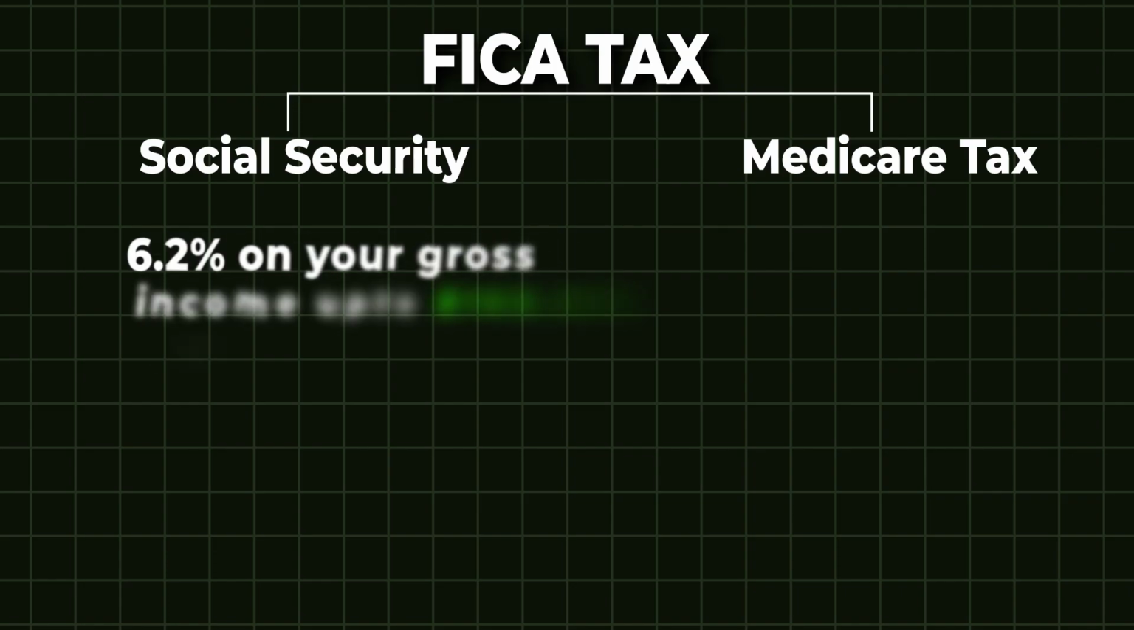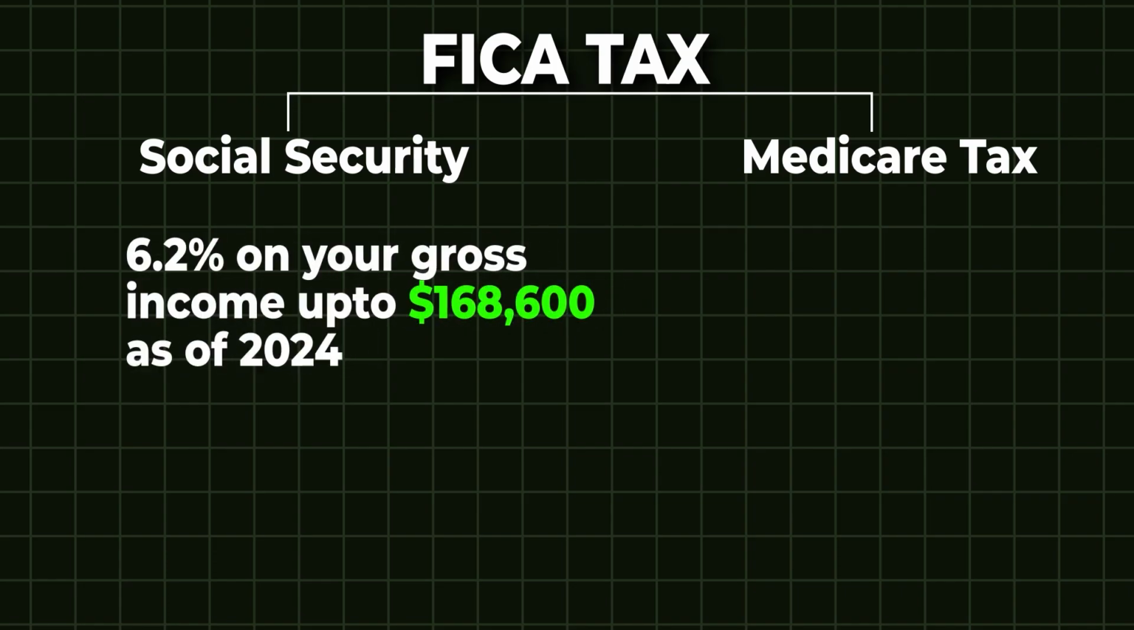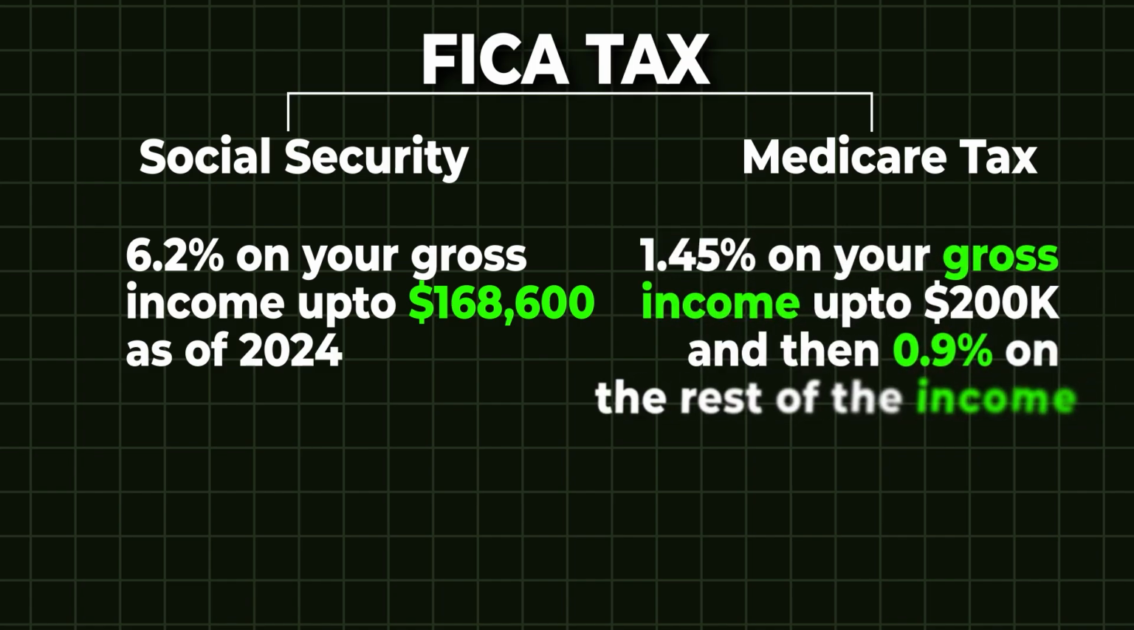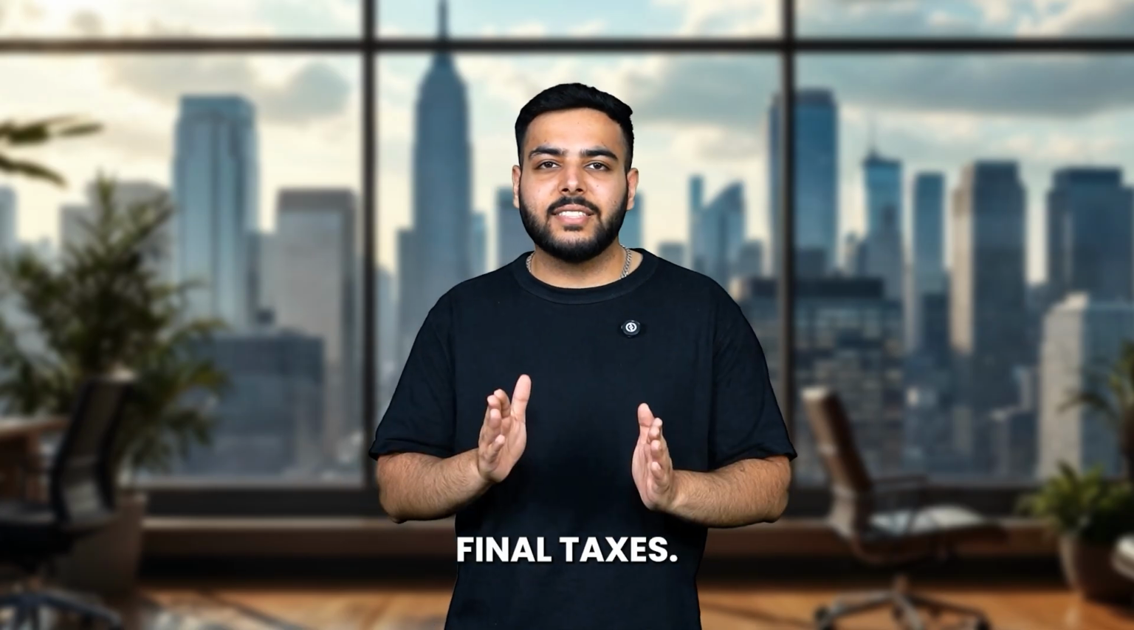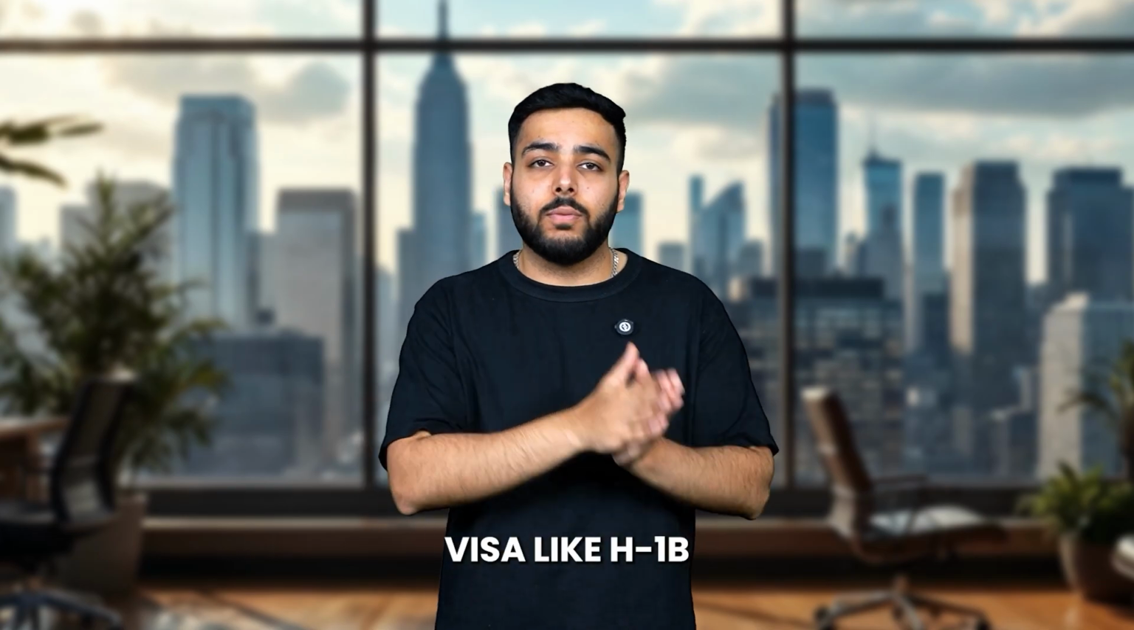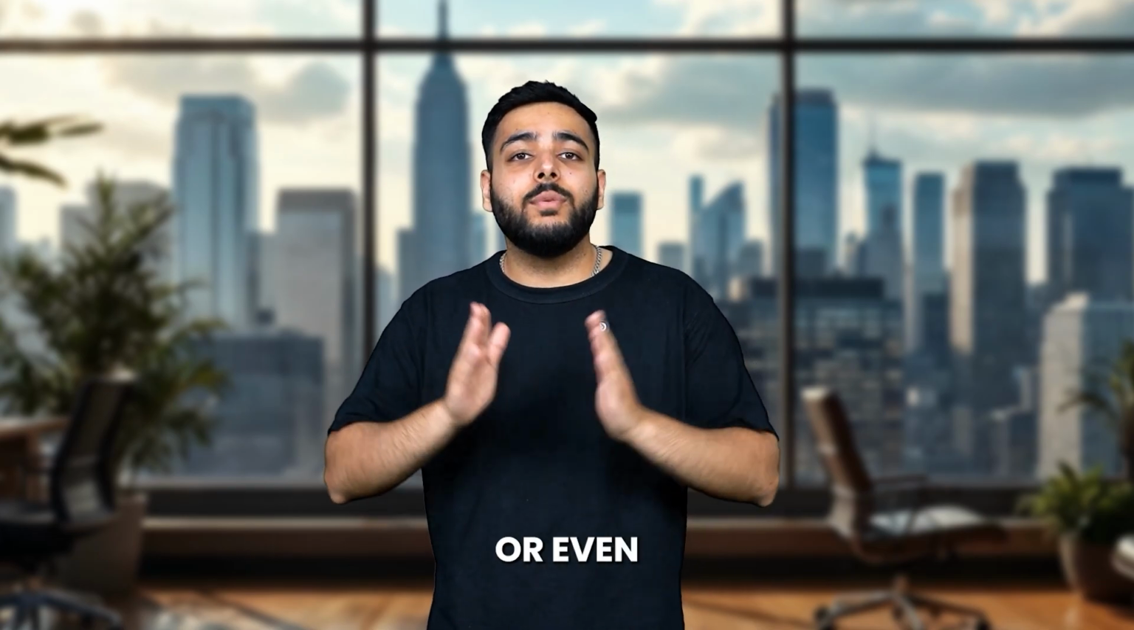Social Security is 6.2% of your gross income, up to $168,600 as of 2024. So, if your income is higher than this amount, then for that additional amount, there is no Social Security tax. Medicare is 1.45% on your gross income, up to $200,000, and then 0.9% on the rest of the income. So let's calculate the final taxes if you're on an employment visa like H-1B, O-1, L-1, or even green card,